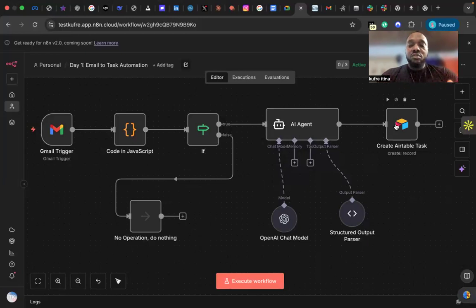So here's the real outcome. You probably stop letting people down because of your procrastinating memory. Clients will get better responses, and you get better appointment booking without forgetting all of that. For me, this is the first time in years that I've stopped waking up to the guilt about emails that I have actually starred and ghosted. So if you are the kind of person who stars emails with good intentions, this automation is for you. If you ever thought that you'd remember and then immediately forgot, this automation is for you.